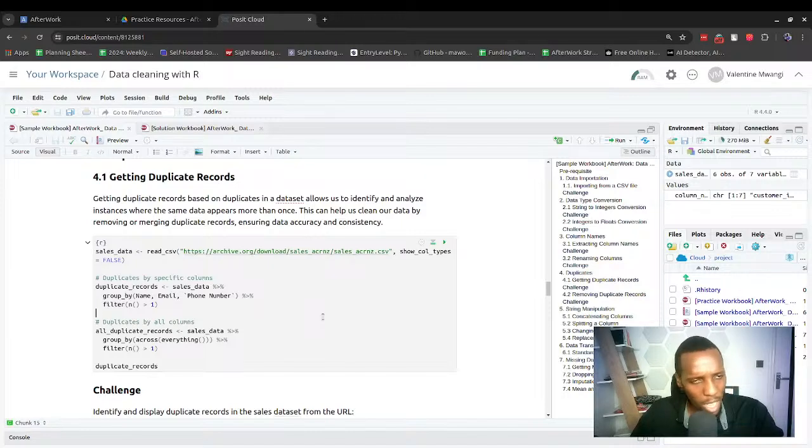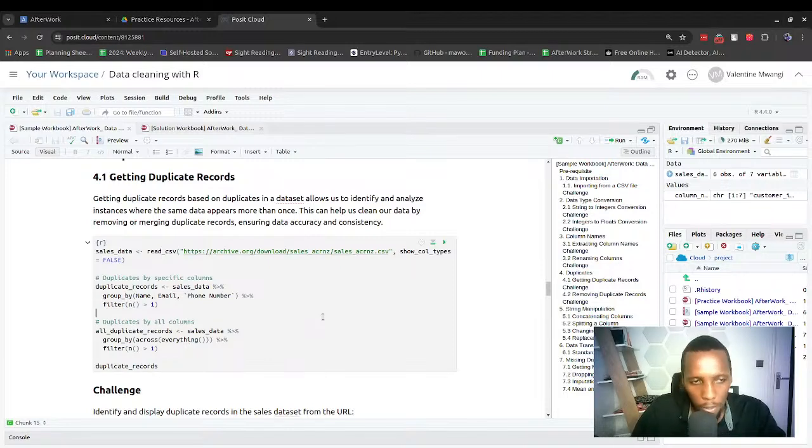Once we've investigated and understood that they're duplicates, then we can take further actions, such as deleting them, or changing a few things with regards to the records that we have,